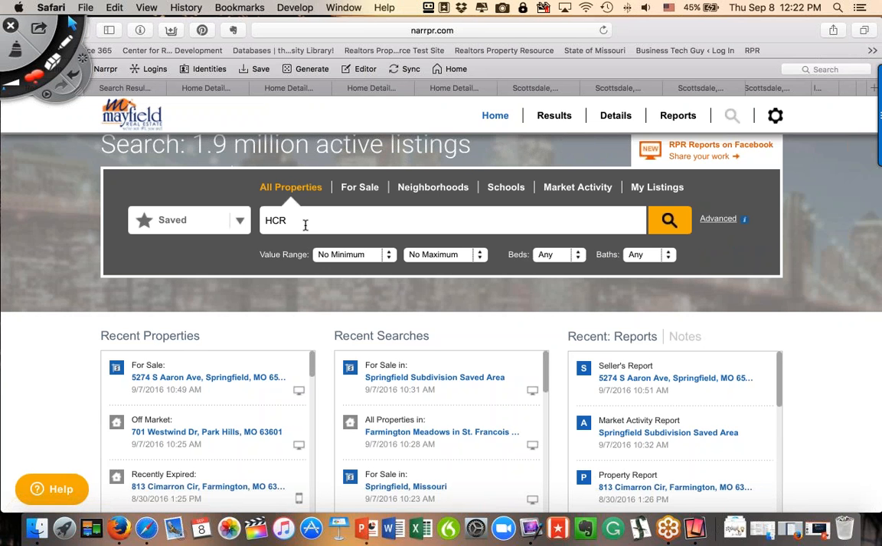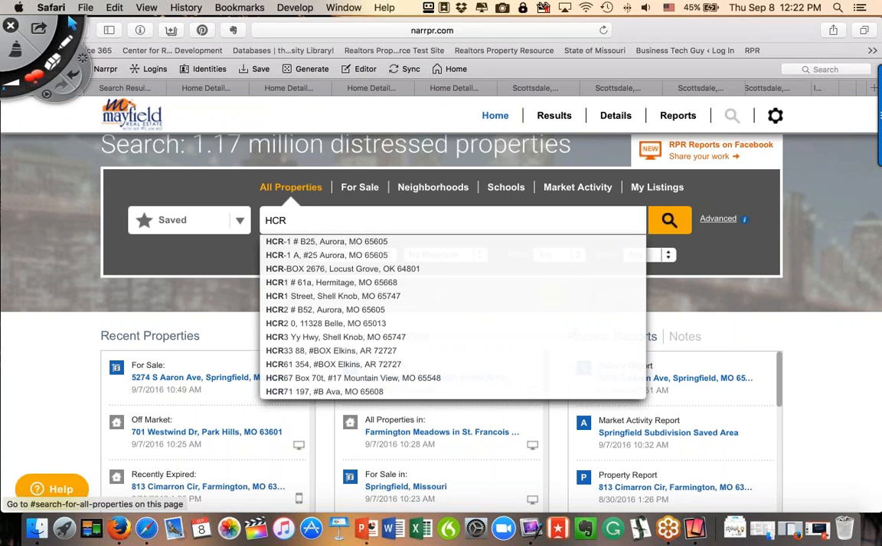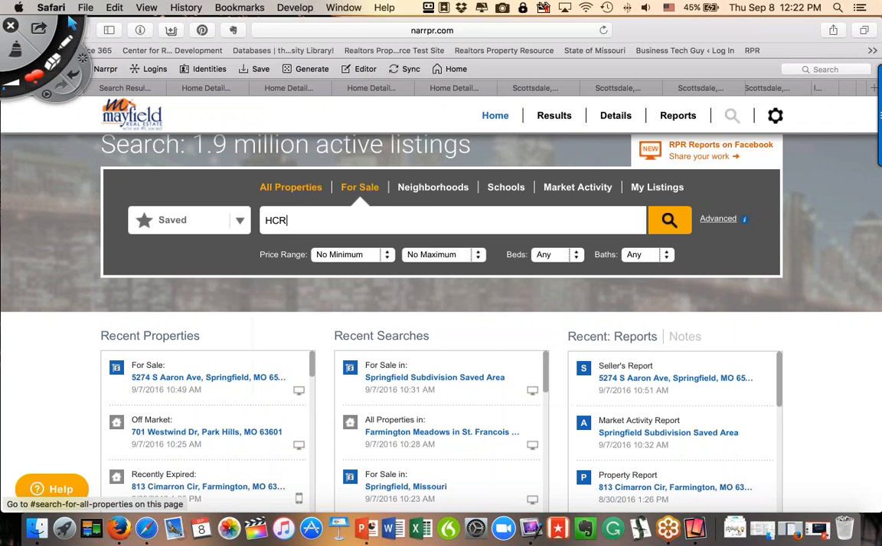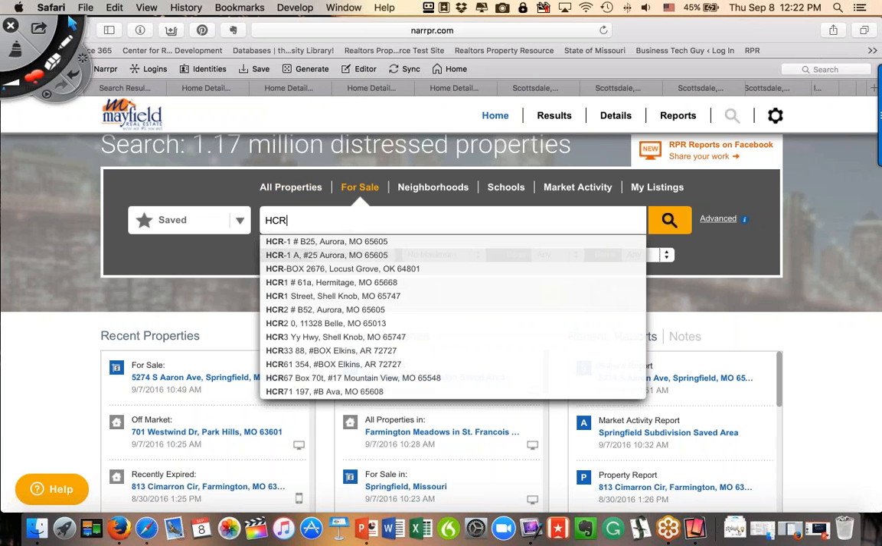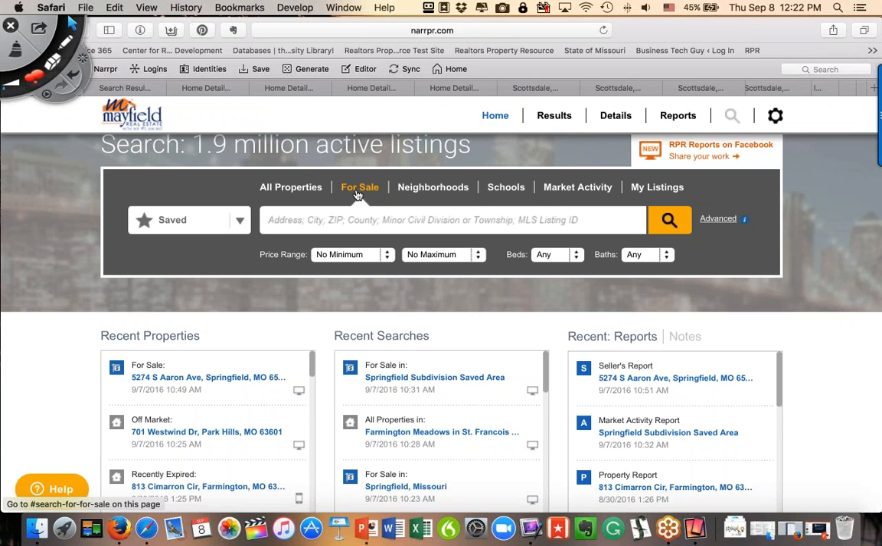And I want to point one other thing out that I think is interesting about this. RPR now, and this is a new enhancement we came up with, it's looking at properties that are in the database. So if you're under for sale and you go to HCR, these are properties that are actively listed in the MLS. Now, there are properties in Missouri and Arkansas where I do some training, but I just want you to know this is really beneficial for me. I'm using it more and more